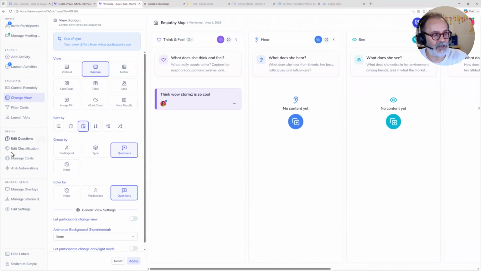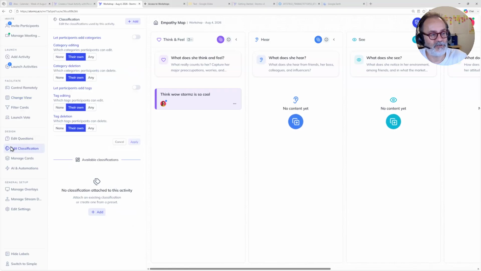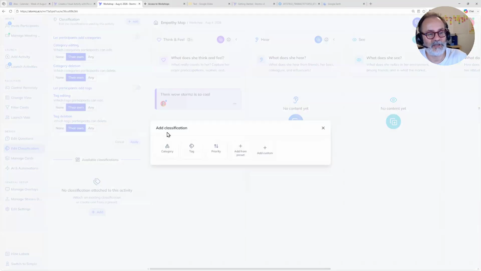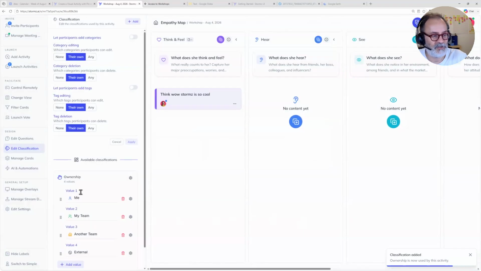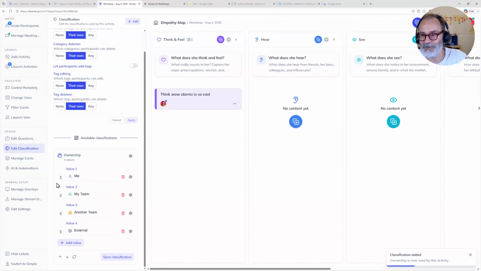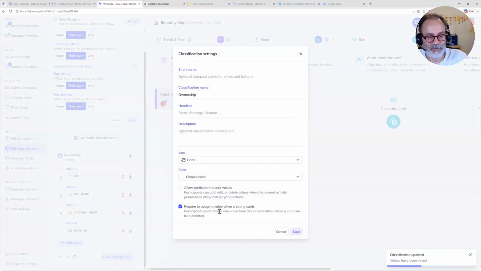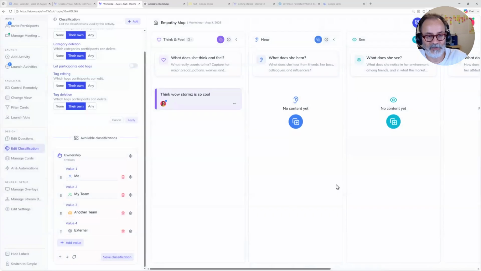And then if you want to add more classification, you can do it, edit classification, add from a preset. Maybe I want to add a ownership. Oh, by the way, ownership is very similar to what you wanted to have, Ginny. Save classification. And I want participants to add it when they add a card. And now,